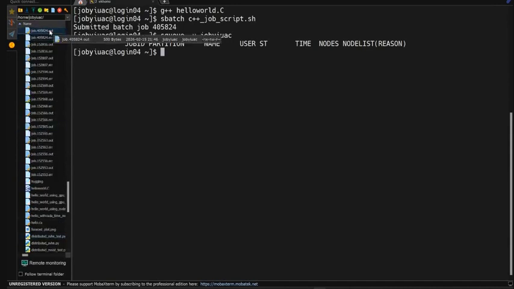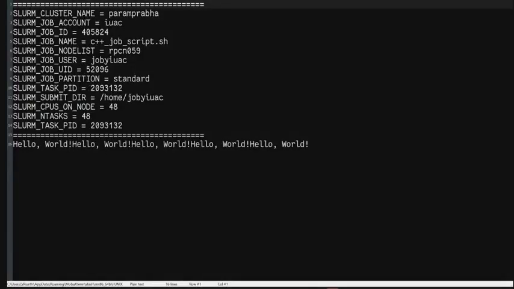Yeah, here it is, the output. You can see it printed all of the specifications of the HPC. Cluster name Paramprabha, Slurm job account IUAC, job ID, Slurm job name, job node list, RPCN. So that means it was allocated to this node, job user, job IUAC, and I have Slurm job UID 52096,